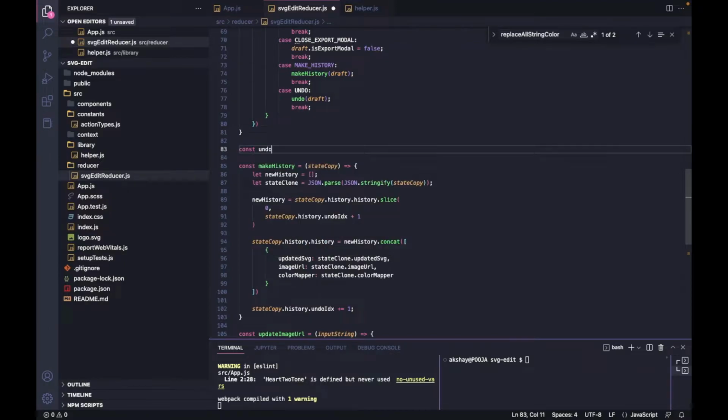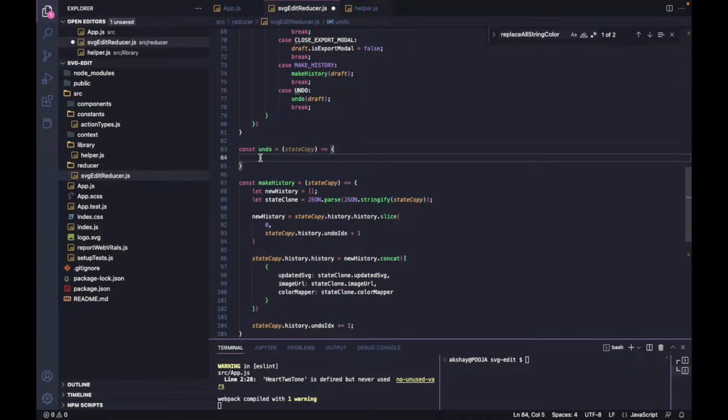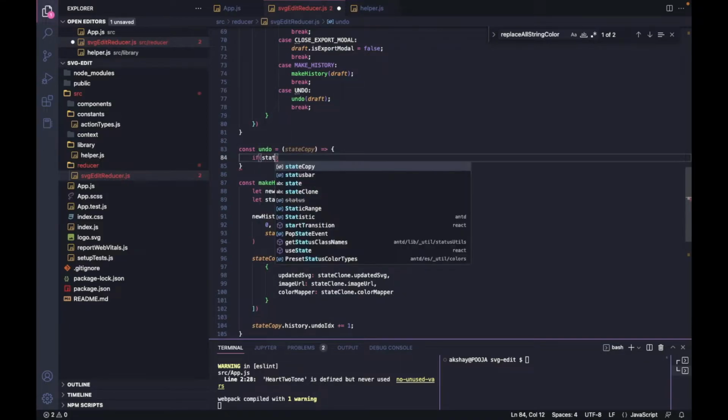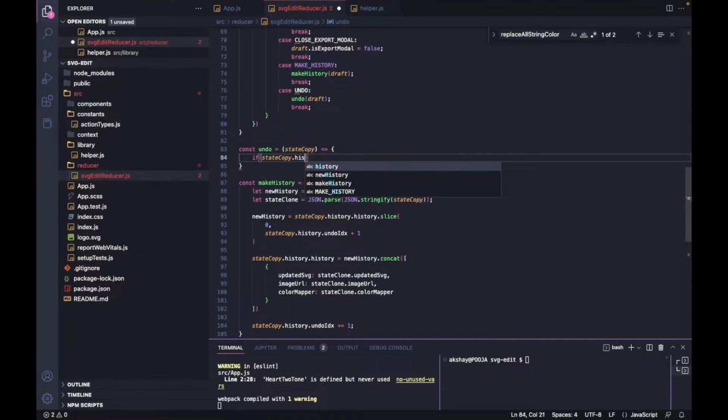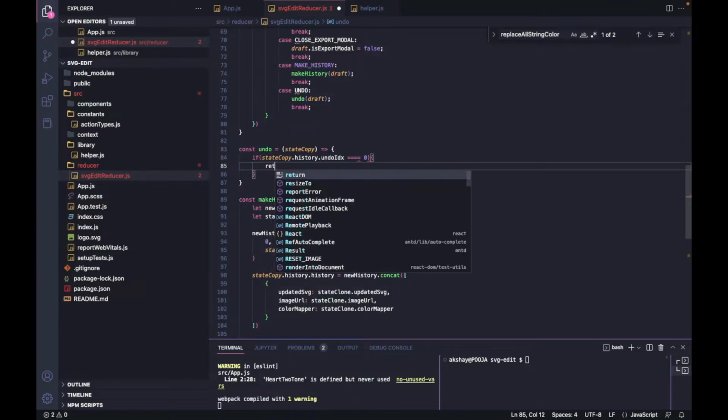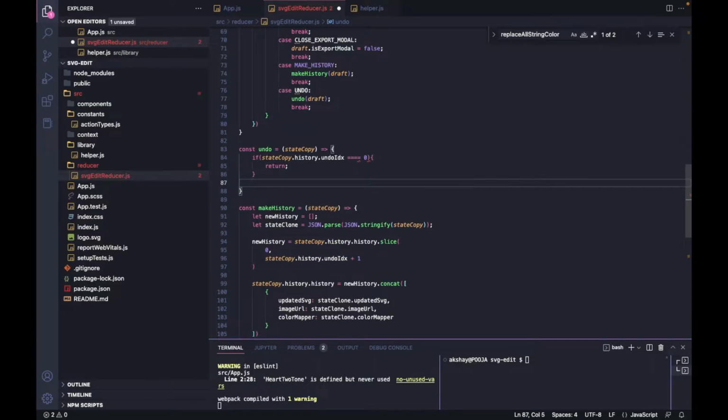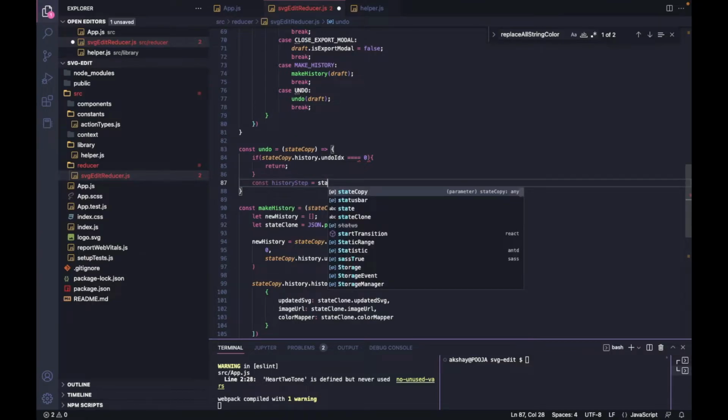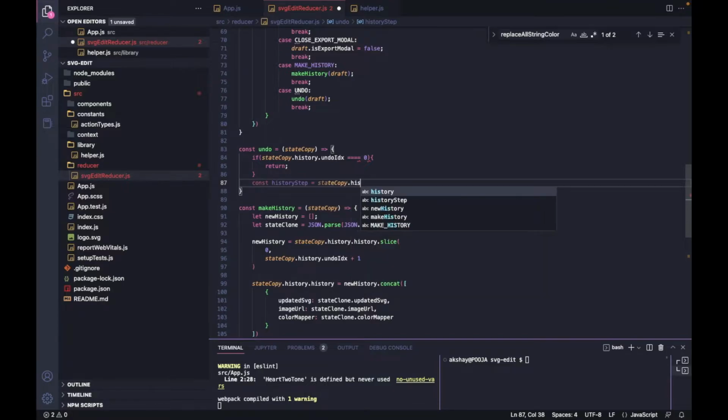So const undo, we'll take state copy, and here we'll write if state copy.history.undo index is equals to 0, then don't do anything. Okay, else const history step equals to state copy.history.undo index - 1,